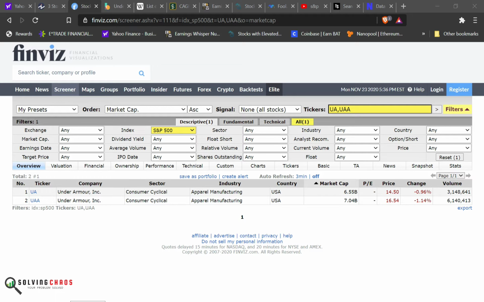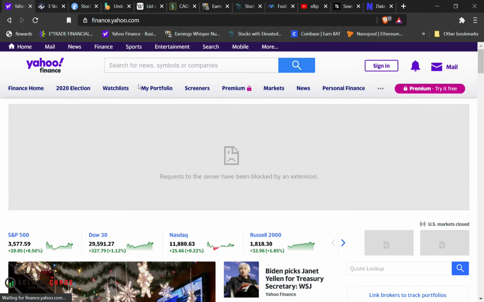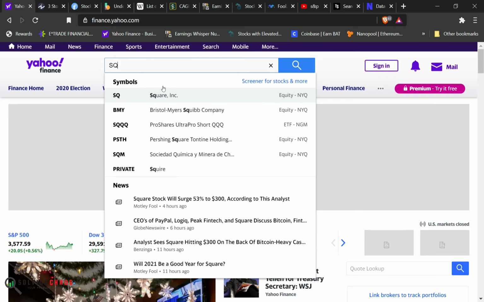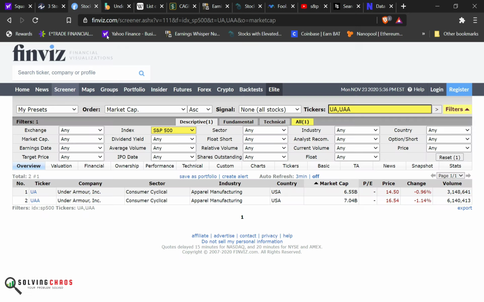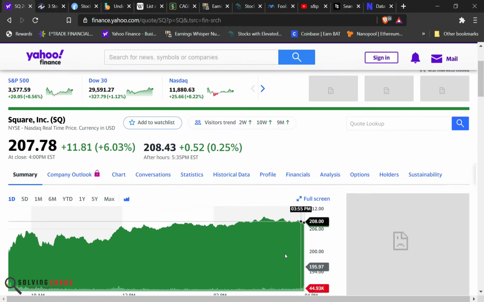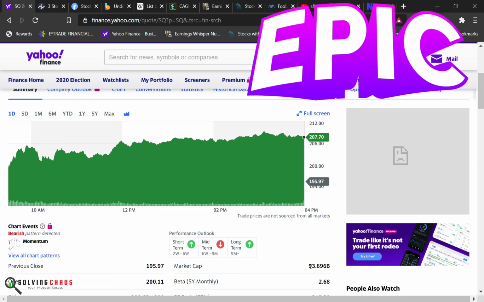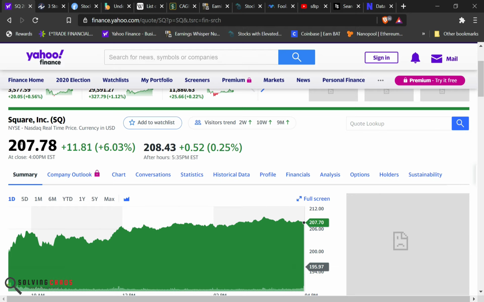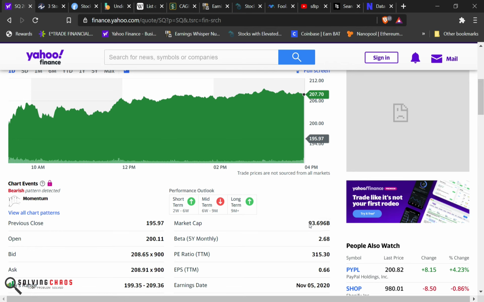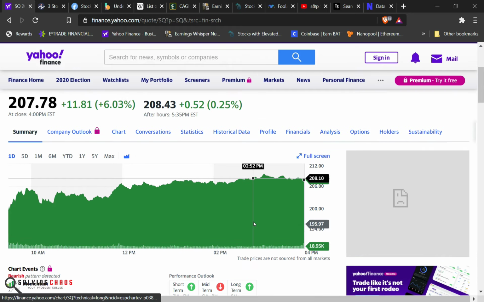So now that you see which ones I want to remove, the question is, which one should we add? And I want to start with my favorite. I would like to remove one of those smaller businesses; these businesses were all under $10 billion in market cap. Look at Square. Market cap of Square, $93 billion. Even if this is overpriced, and even if this thing drops to $100 a share, that's a $40 billion or $45 billion company. I think Square should be added.